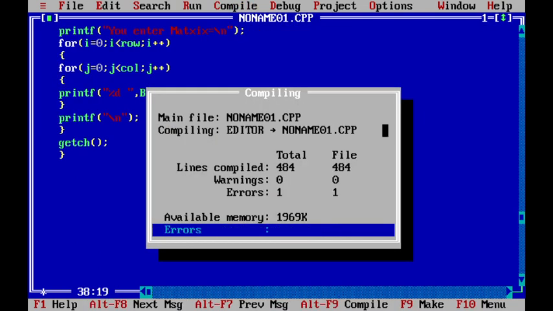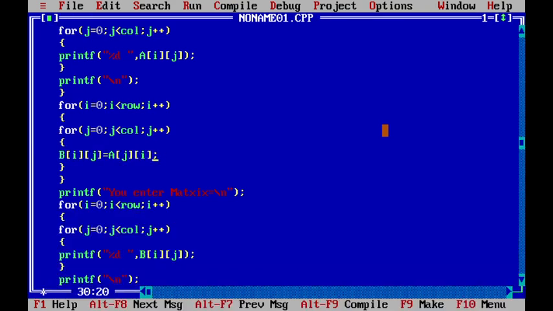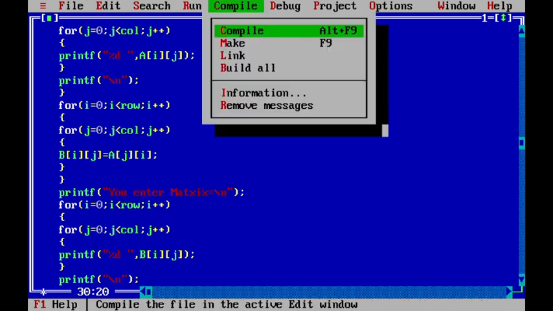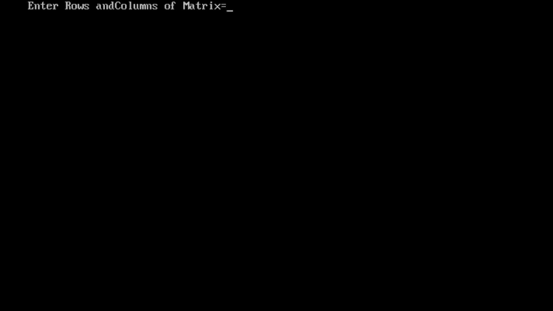Now if you compile, you can see one error. Now here, instead, I want to write "transpose of matrix is equal to". So now if we run this code, say a 2 by 3 matrix, we enter a total of 6 entries.